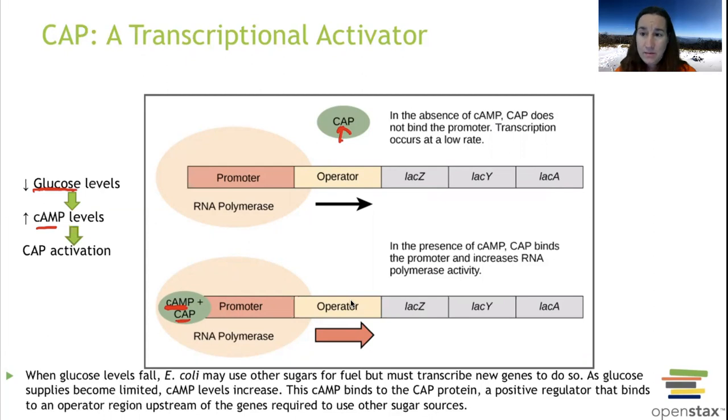And now that is our activator. Just like it says, it's a catabolite, it's going to help us metabolize other forms of energy. So if glucose isn't around, maybe another sugar source is around and we can break down that sugar source. So this is an activator. Glucose drops, cyclic AMP accumulates. If we have enough cyclic AMP, it's going to bind together with the catabolite activator protein, and this is an activator. It is meeting up with RNA pol, and it's going to turn it on, and it will go down and run through the gene expression. So this is activation with CAP.